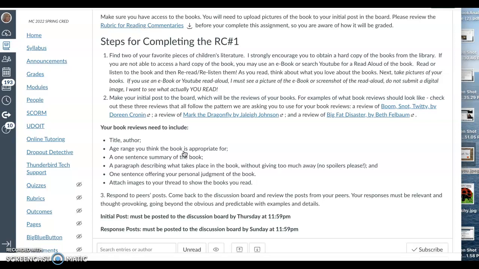If you're not able to get your hands on an actual book, worst case, go to YouTube and do a search for that specific book and put the words "read aloud" right next to it. So let's just say we're talking "Brown Bear, What Do You See? Read Aloud." Do that first search in YouTube, and 9 times out of 10, somebody will have created a video